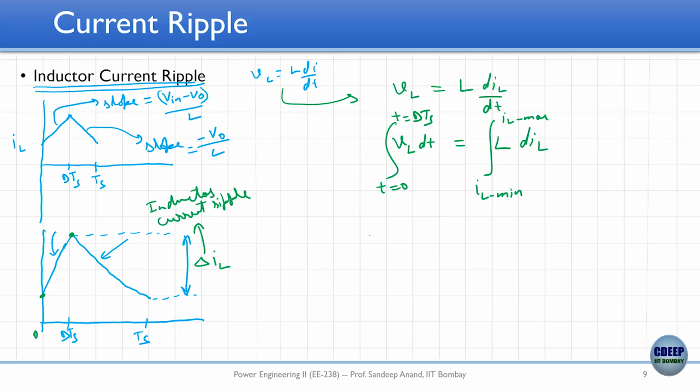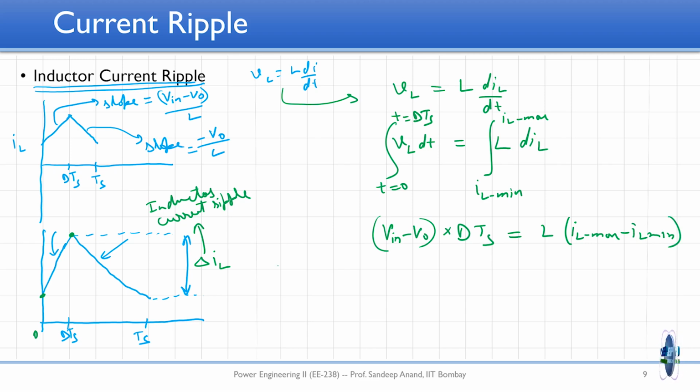On the left side, from 0 to Ts, VL is equal to Vin minus VO, assuming that both of them do not have ripple just to make life simple, multiplied by dTs is equal to L times IL max minus IL min, which would transform to